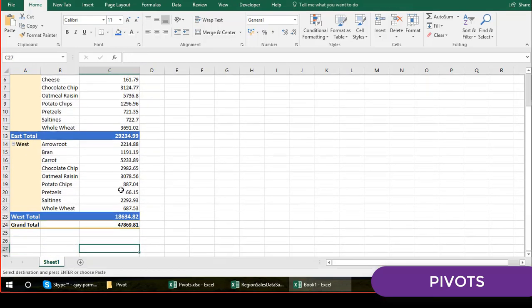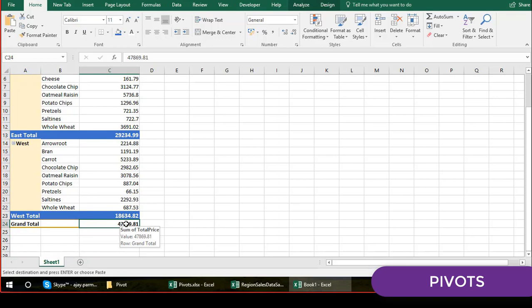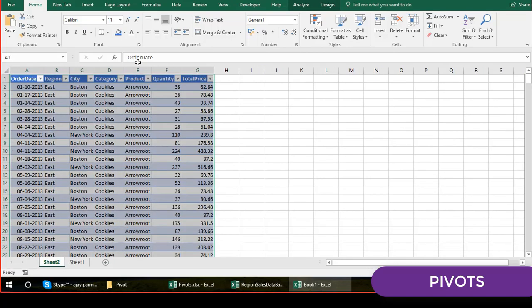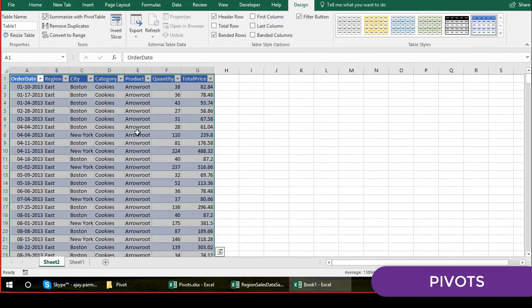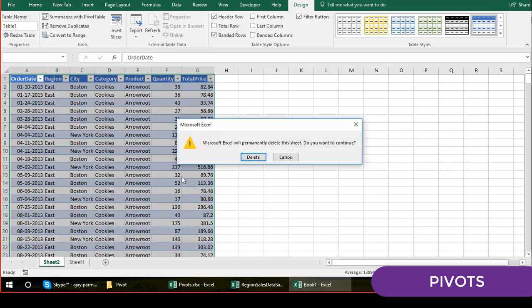If you go to the grand total and double click here, you see that the entire data will come. So please don't think that people cannot have a look at your data. That's very easy. People can double click there and the data will come. So what happens if you have 20 pivots created in a file? Just imagine, because you are using the same data again and again and making 20 pivots of the same data. So naturally, guys, all the 20 pivots will hold the data within them, so your file will definitely be heavy. Well, we have a solution to that, I'll just tell you.